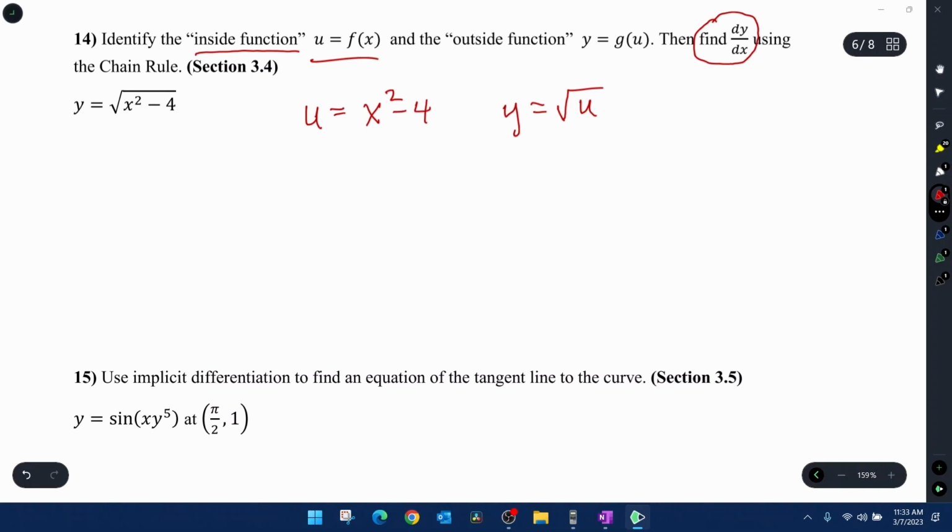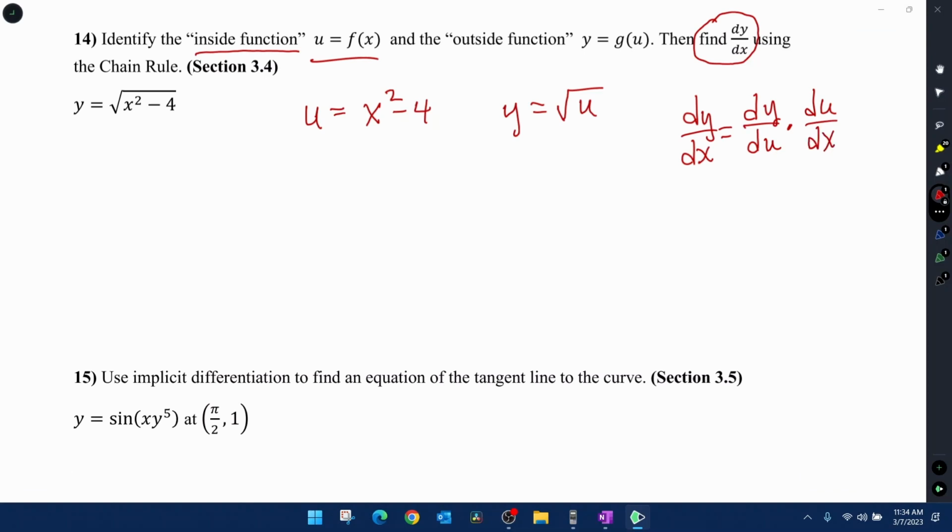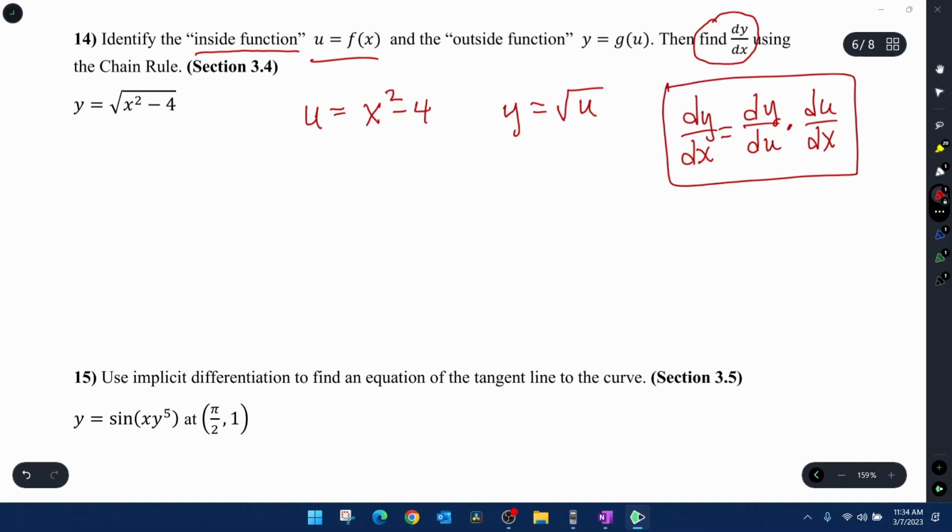Yeah, but dy dx. Now, this is where the formula comes in. dy dx is first going to be dy du multiplied by du dx. This is a formula covered in the book. Probably covered in the notes when we covered the chain rule. So if I want to find dy dx, I first need to find,